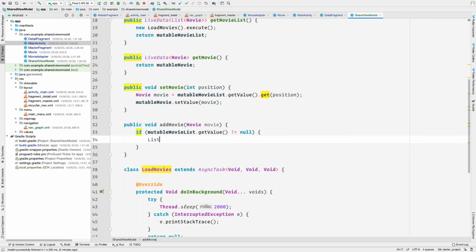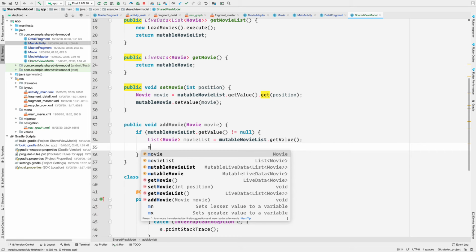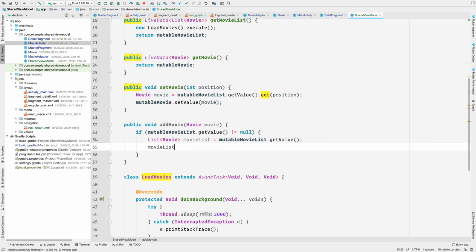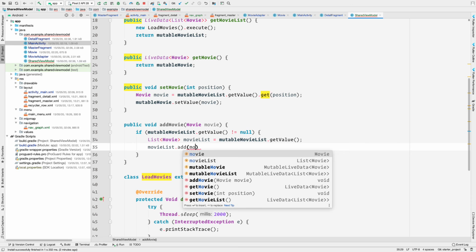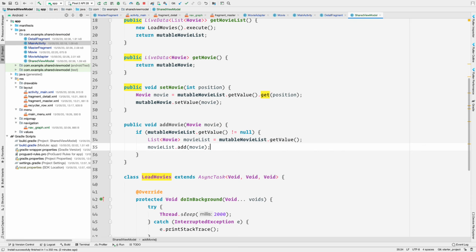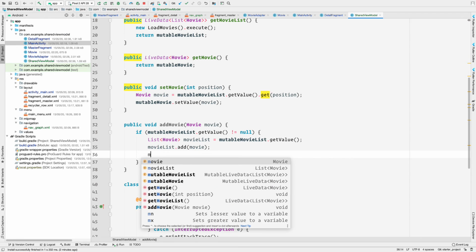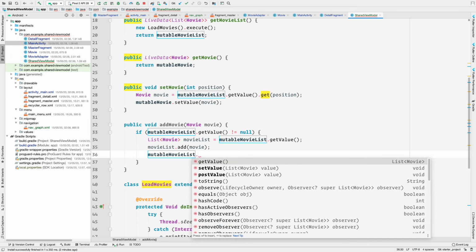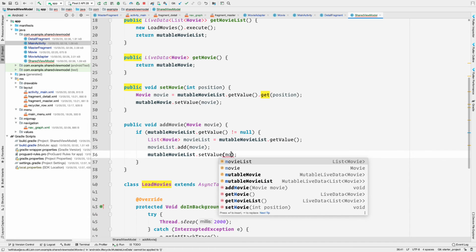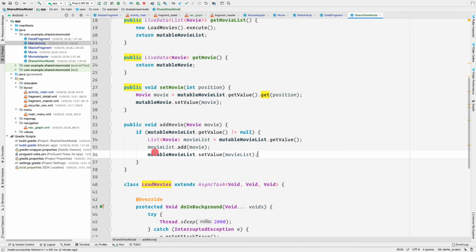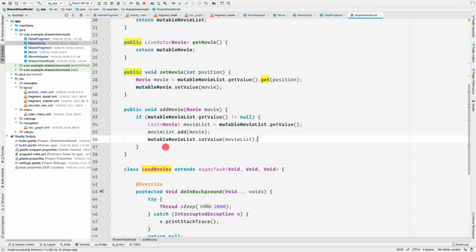So what we can do is simply say List of Movie movieList equal to mutableMovieList dot getValue like this, and then we'll add the movie to this movie list. So movieList dot add, and here we'll add the movie that is passed here as an argument, and then we'll simply say mutableMovieList dot setValue and this movieList like this.